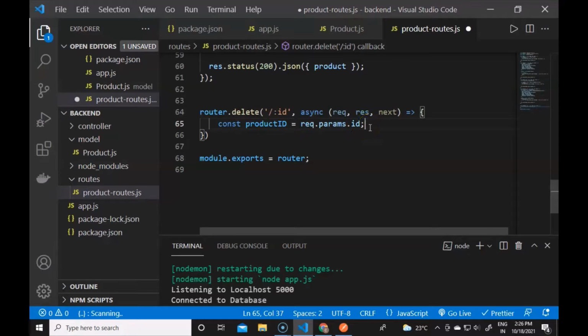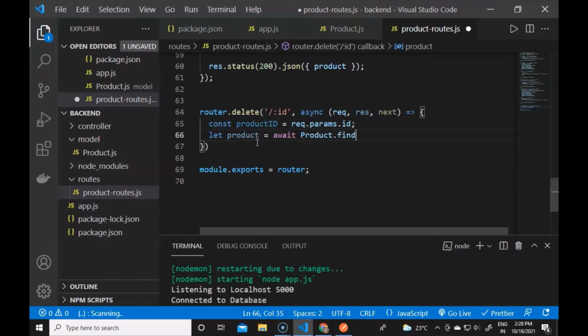Now to delete the product, Mongoose has another method, and it will be the model dot findByIdAndRemove, and the function will contain one parameter. So now product equals await, the product model dot findById, and it will be findByIdAndRemove.